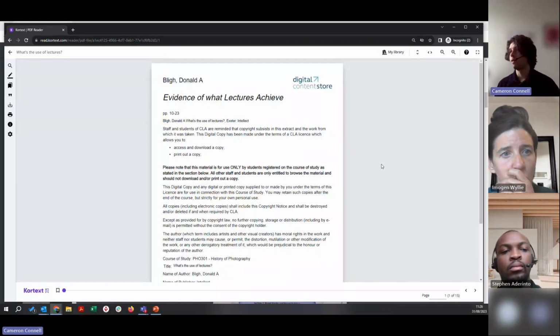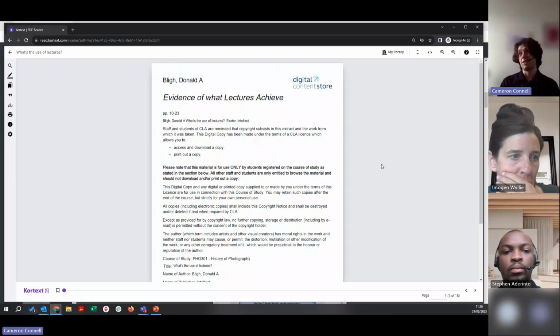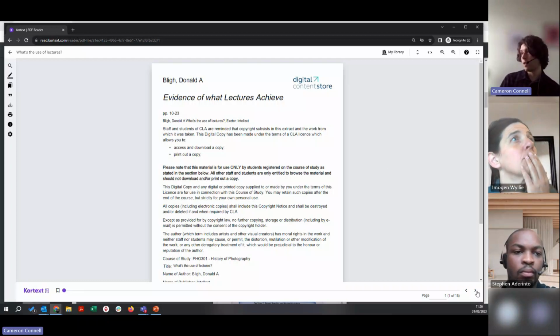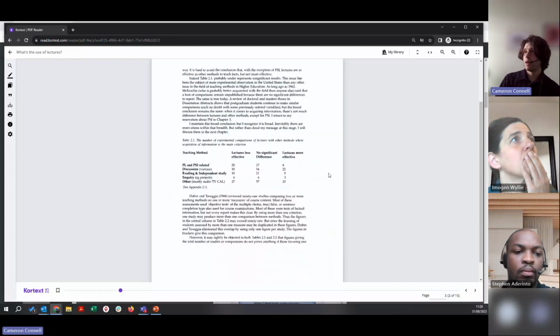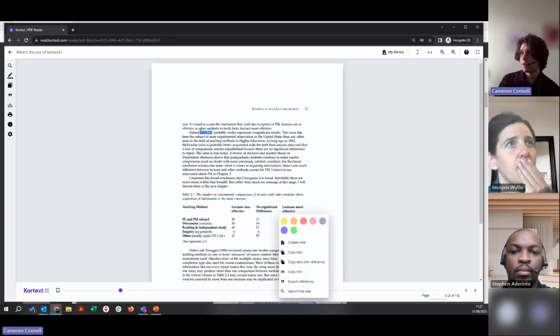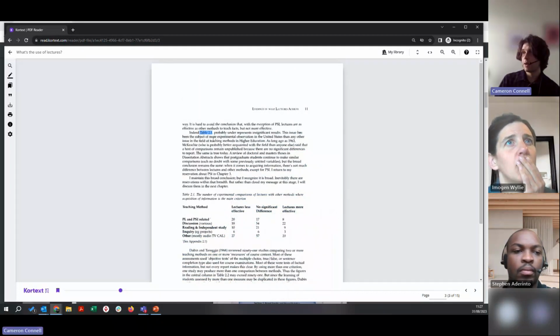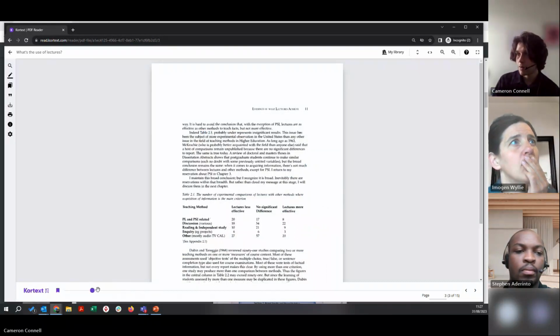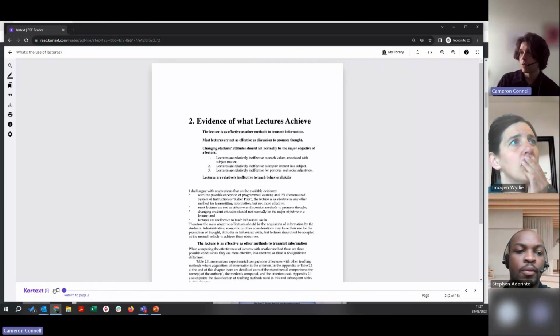And then we're taken through to the advanced reader. As you can see, it looks pretty much the same at first glance as the anonymous reader. The only difference is you do gain access to some of those extra features. So for example, if we go through here, let's find table 2.1. Let's make it that nice pink color. Okay, bear with me a moment. Maybe let's try something on the cover page here.